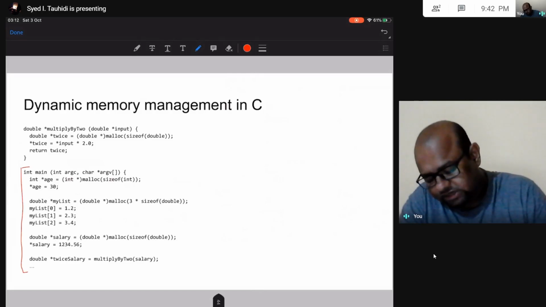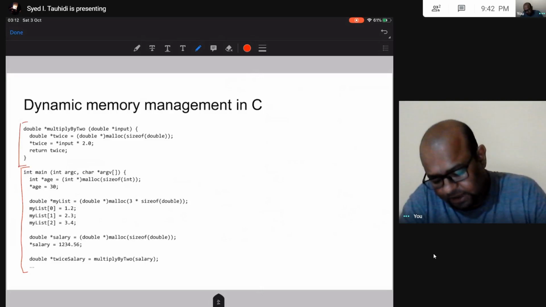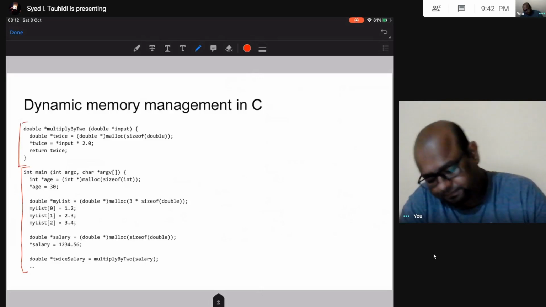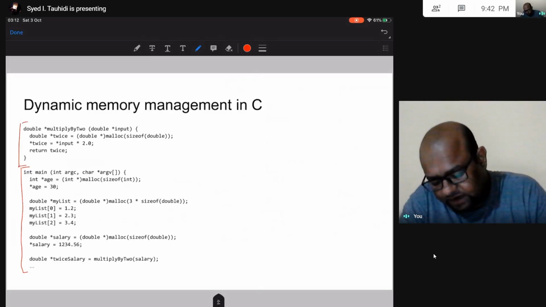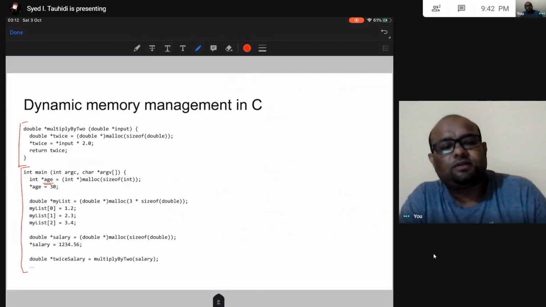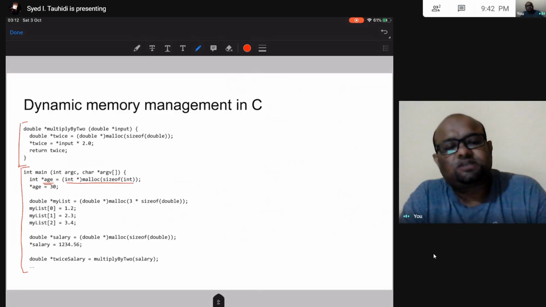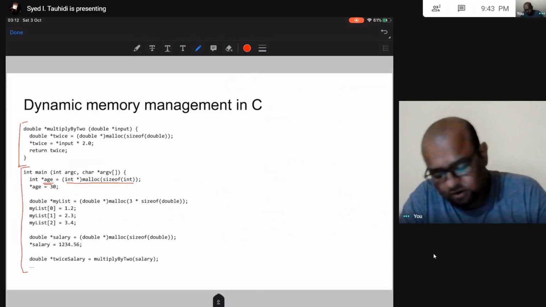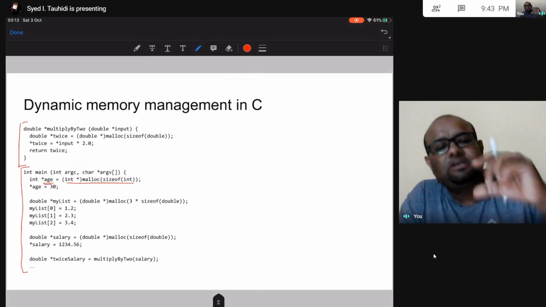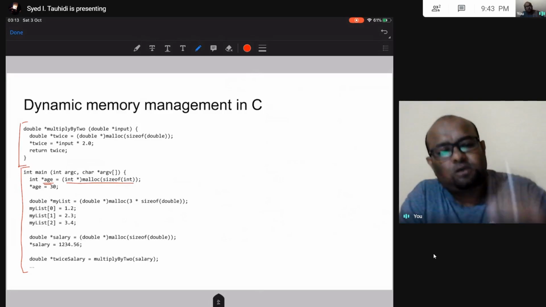There are two functions, main and multiply by 2. What I have done is I have created a pointer variable, and using this malloc, I am creating space for an integer in heap. So I am saying give me some memory from heap. How much memory?